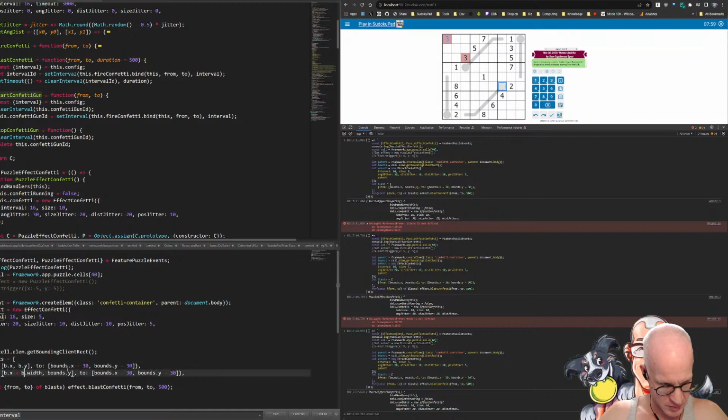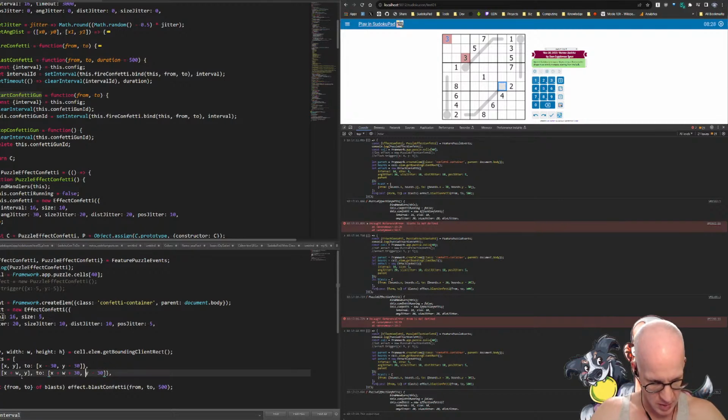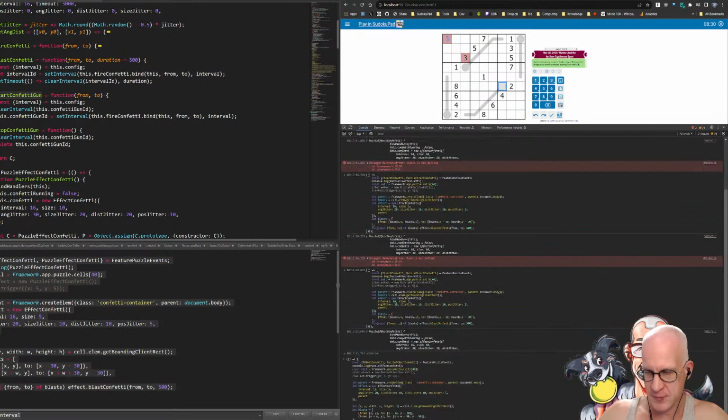And actually what I'm going to do is get X, Y, width as W, and height as H. And then we can just get rid of the B with X, X plus W, Y, Y, X minus 30, X minus 30, X plus W plus 30, and then Y minus 30. And that should get us to